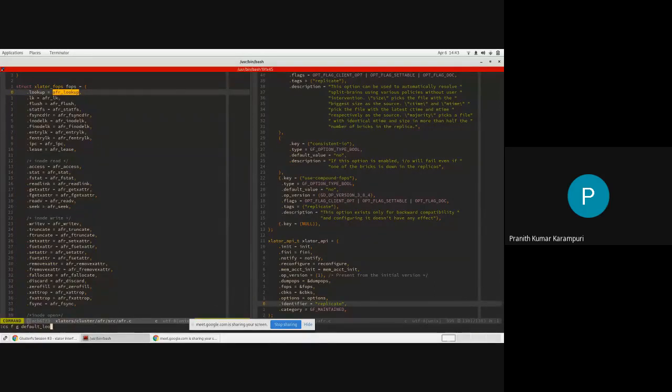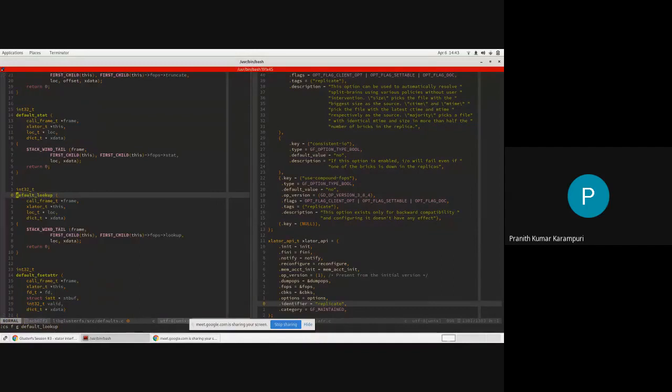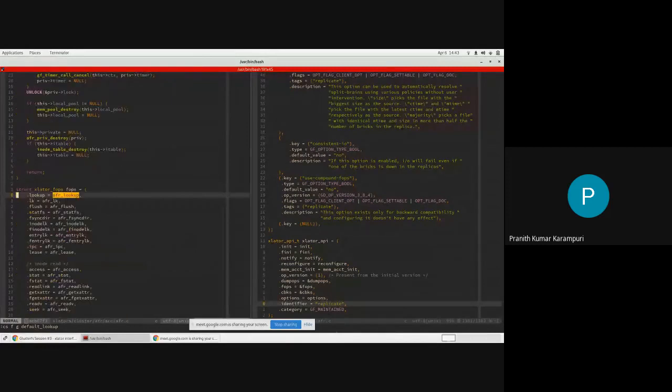Let's say the default one just gives the file operation to the next translator, the child translator in the graph. So that is the default implementation. But most of the Xlators that have some features will implement that file operation.